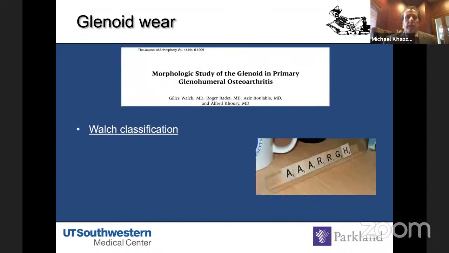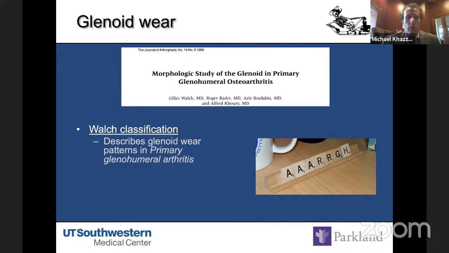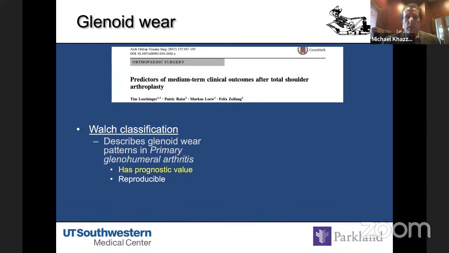Classic study from 1999 in the Journal of Arthroplasty by Dr. Walch, and this is still commonly used and the most common classification system that we use to assess glenohumeral joint osteoarthritis in the axial plane, and this classification does impact the survivorship of the implants. So it does direct treatment. But it's basically, on X-ray, describes the glenoid wear pattern of primary glenohumeral joint arthritis, and as well as a CT scan. Has prognostic value, it's reproducible, and this has been studied